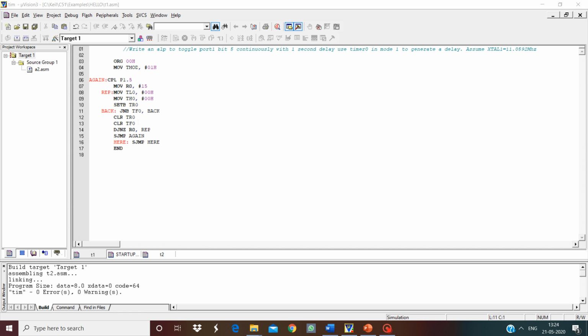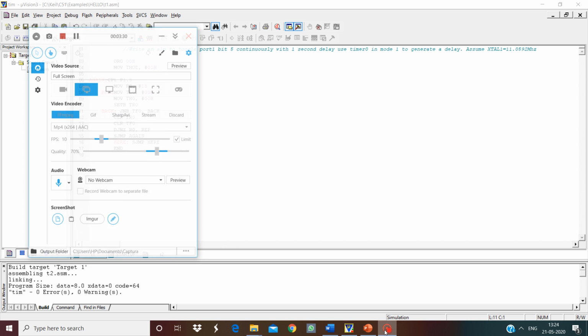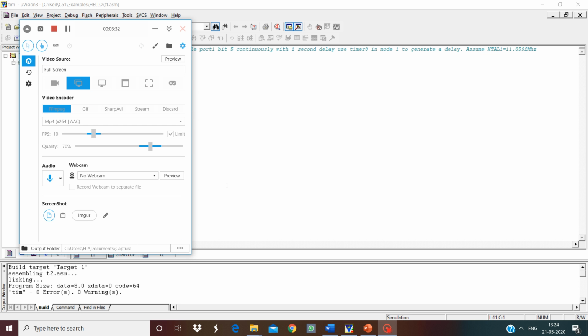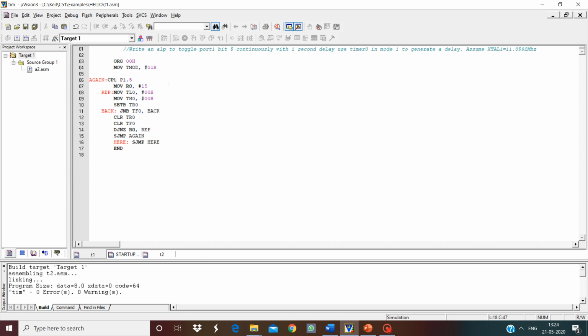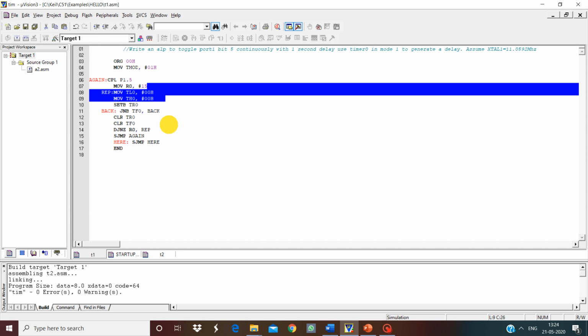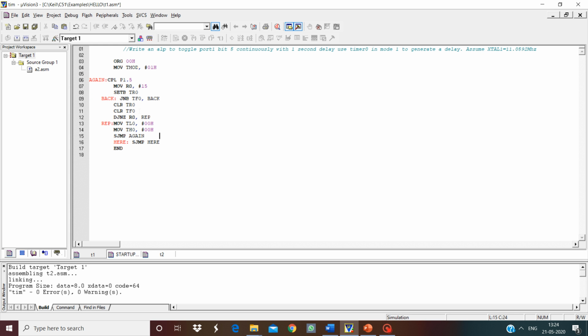Since I want a larger delay, we use the R0 register. I decrement the count in R0 until it is 0, repeating the same cycle. This program is written to obtain a delay of 1 second.